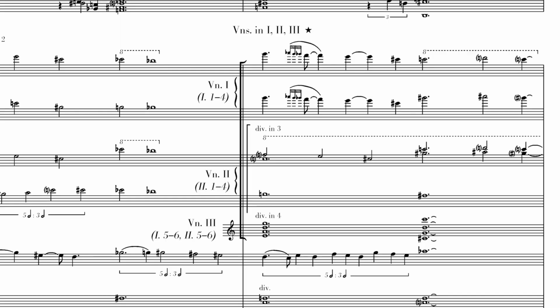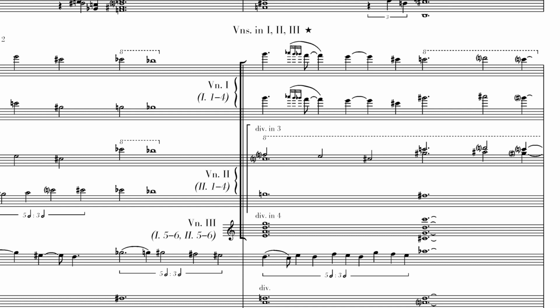All right, back in the score, I've zoomed in on the violins, and the text indications explain the divisi that we just discussed. Violin 1 is being covered by the violin 1 section, desks 1 through 4. Violin 2 is being covered by the violin 2 section, desks 1 through 4. And the violin 3 section is going to be covered by both violin 1, desks 5 through 6, and violins 2, desks 5 and 6. So I've marked it right there in the score.